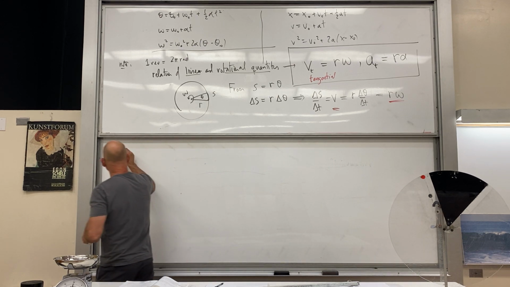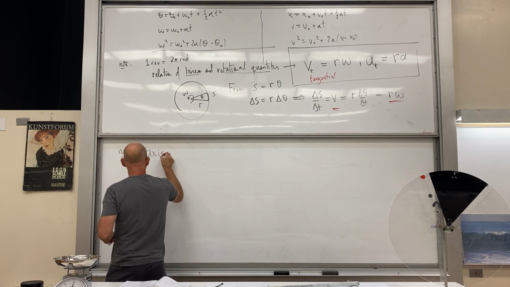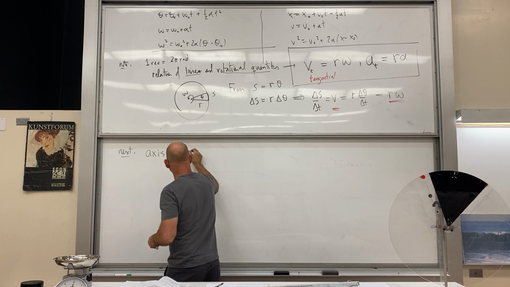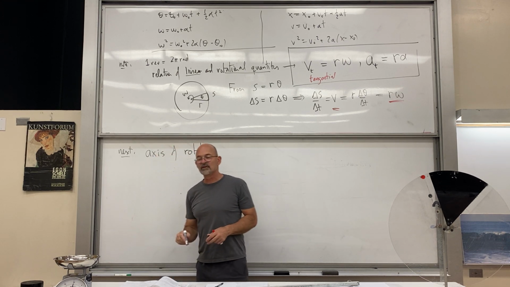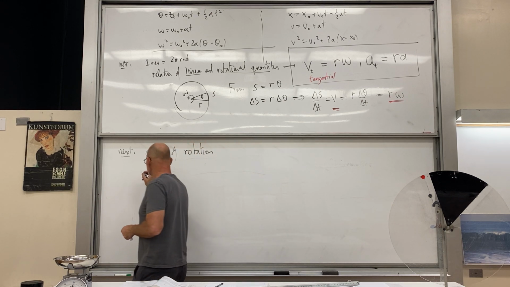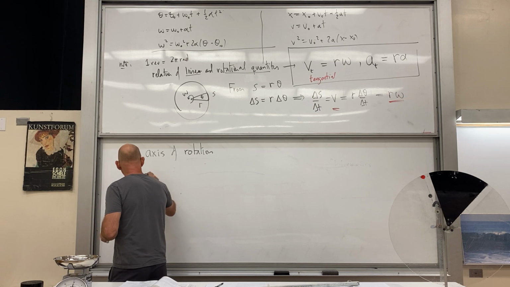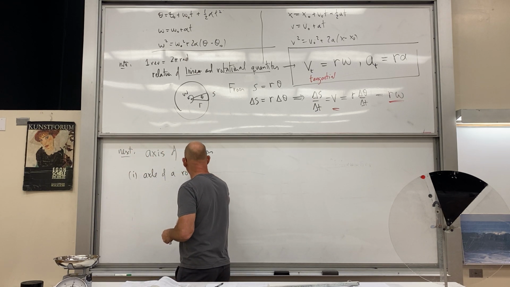So next is the axis of rotation. So when you have a wheel that's rotating, good, there's the axle, it's the axis of rotation. So one example, axle of a rotating wheel